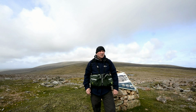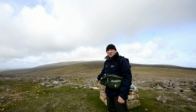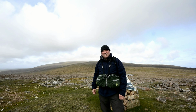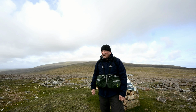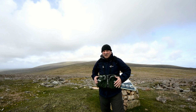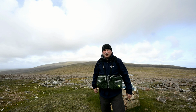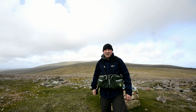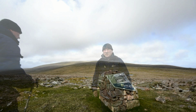Okay, so I'm just going to set off now up to the top of Ronas Hill, which is clear at the moment, and get there, have a bite to eat, and then see how I feel about going down the other side. I don't want to wreck my back, and I just want to check out some gear like this rib pack for when I go to Greenland and see how I get on carrying all this sort of stuff. Not a long walk, not particularly arduous, but if I do go to Lang Ayre, then it'll be